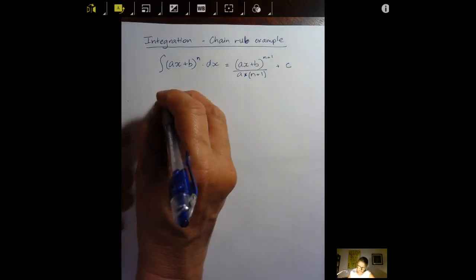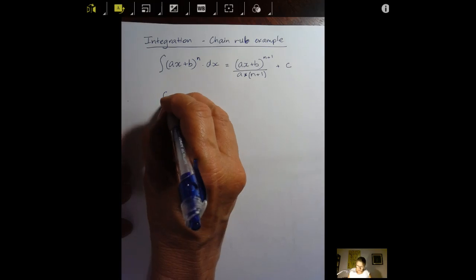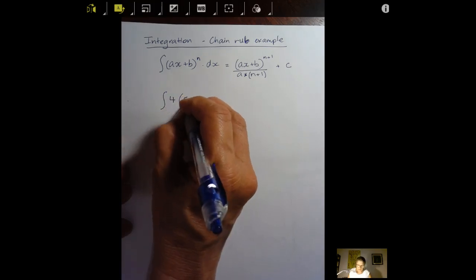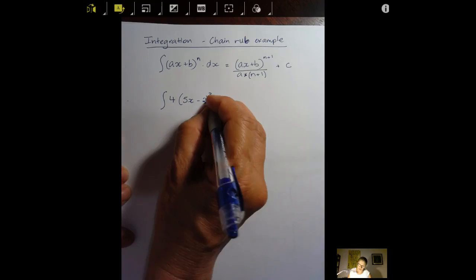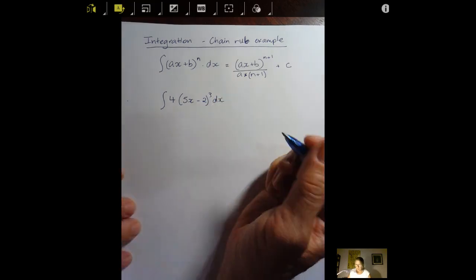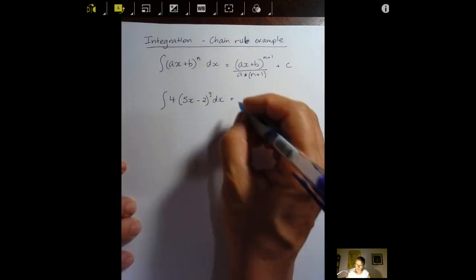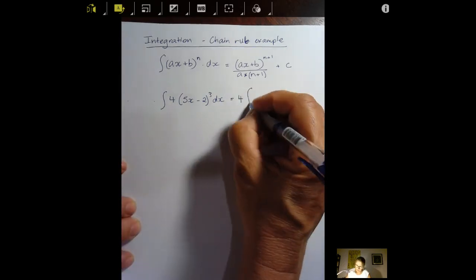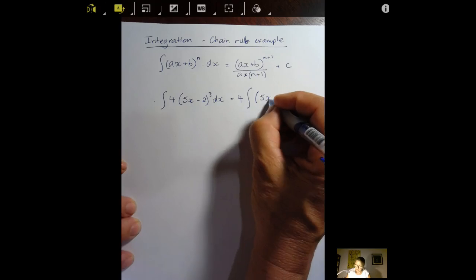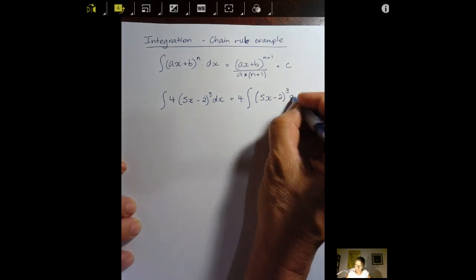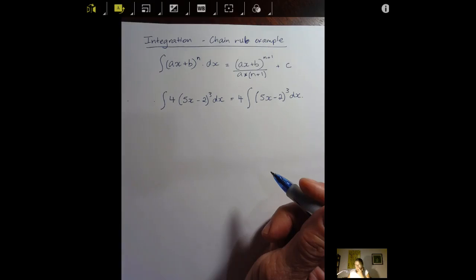If we look at how this can work, let's say I want to integrate 4 times 5x minus 2 to the power of 3. I can also take this 4 out to the front and just deal with it later. So I can also write that as 4 outside of 5x minus 2 to the power of 3. Now, if I'm integrating this,